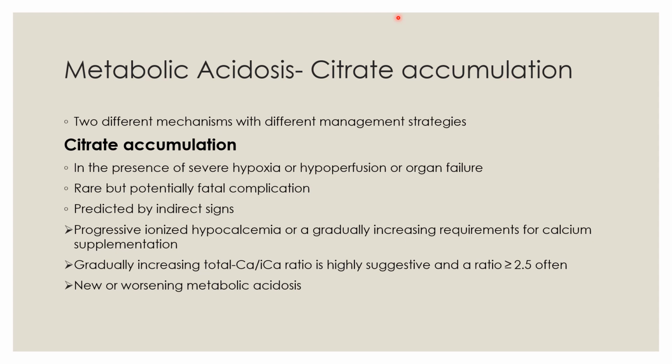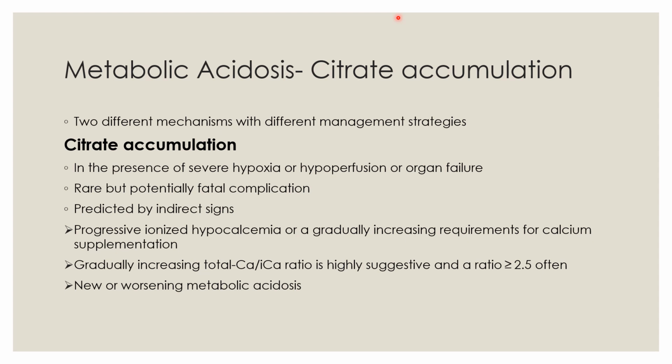Citrate accumulation is mostly predicted by indirect signs. The first sign is citrate gap, defined as the difference between total and ionized calcium. The total calcium level is the total of all calcium including the ionized, protein bound and citrated calcium. With progressive systemic citrate accumulation, as it is not converted to bicarbonate in the presence of hypoxia or hypoperfusion, the increased citrate combines with more ionized calcium, which leads to an increase of citrated calcium, hence total calcium, and a decrease